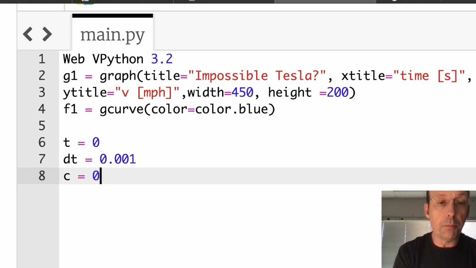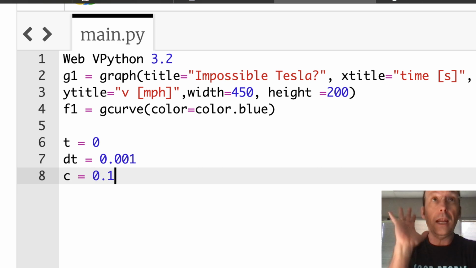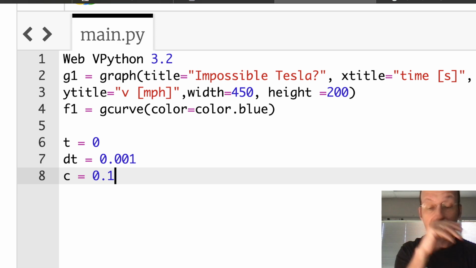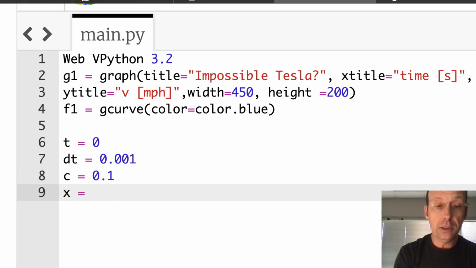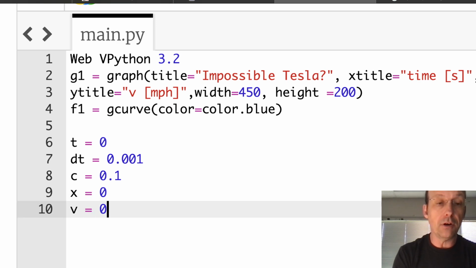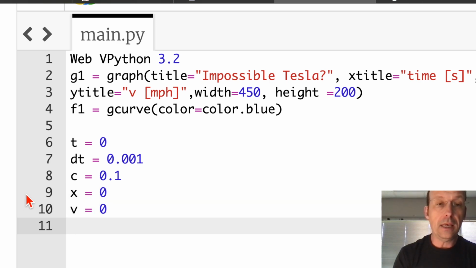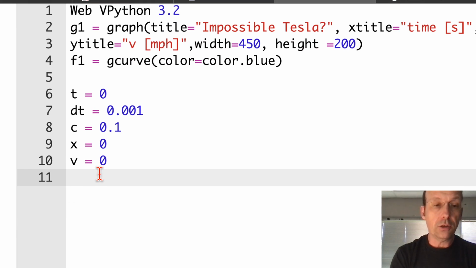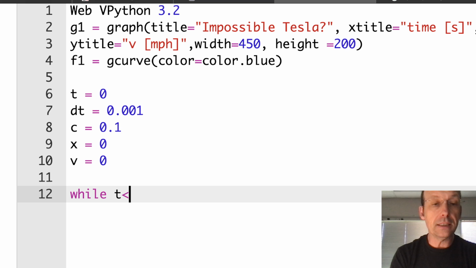C equals 0.1. Again, I'm just picking a value here. I don't know what it is. I need my x position 0, my velocity 0. I'm leaving off the units. And then let's just run this for 1 second. So while t is less than 1,